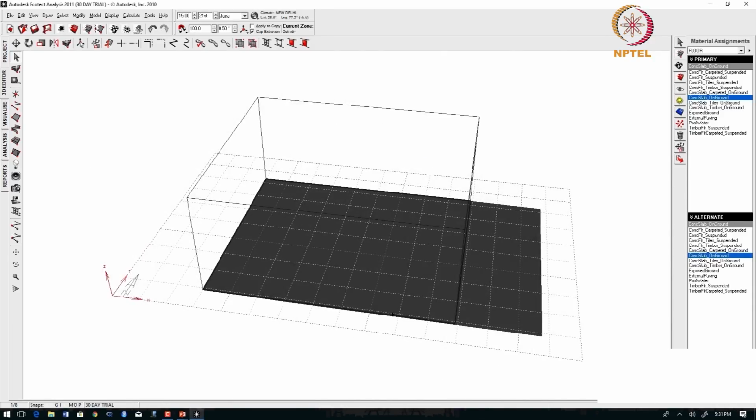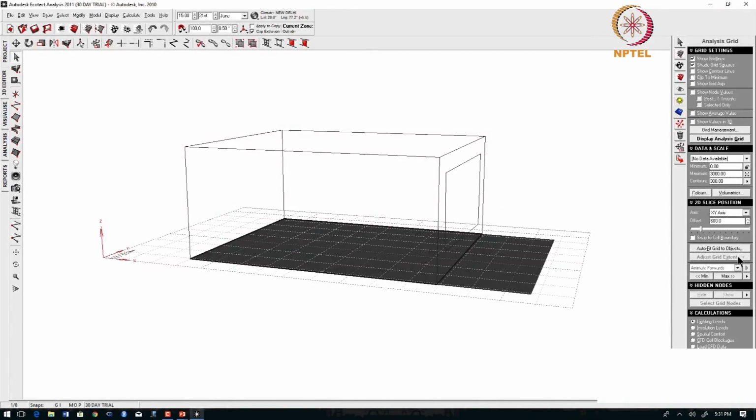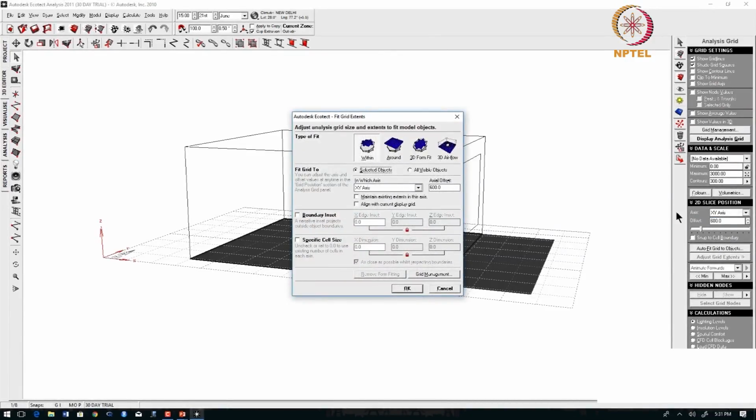Now, I am selecting the floor plate and I am going to give the analysis grid. So, here you can see that auto fit grid to objects. So, here I am going to give the working plane say 780 mm.